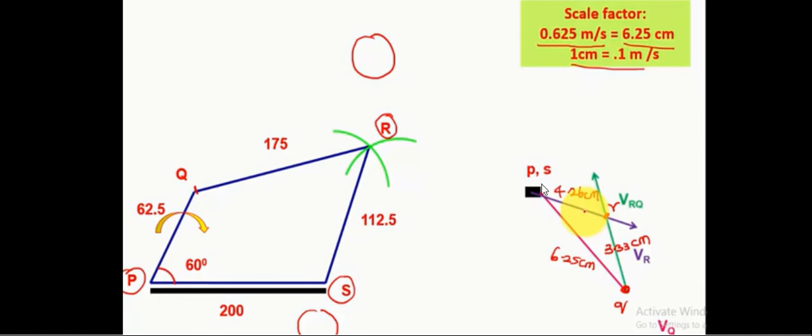So let's write it here itself. So 4.26 centimeter will represent, actually by scaling 4.26 will be representing 0.426 meter per second, and 3.33 will represent 0.33 meter per second. So that completes the velocity diagram, from which we should draw the acceleration diagram. For that we have to find out what are the radial components of the acceleration along this length from the VRQ we attained from this one, and VR we attained from the velocity diagram.